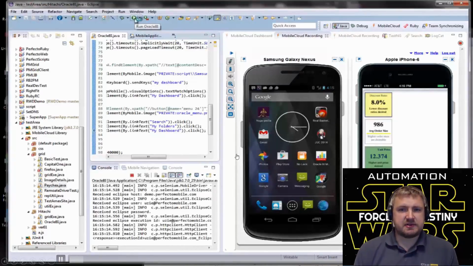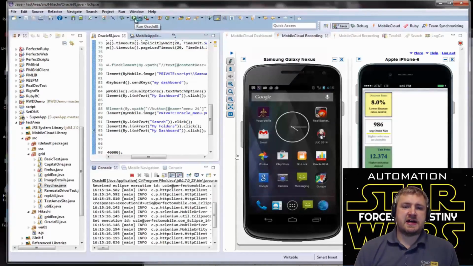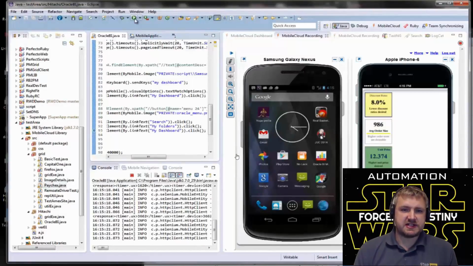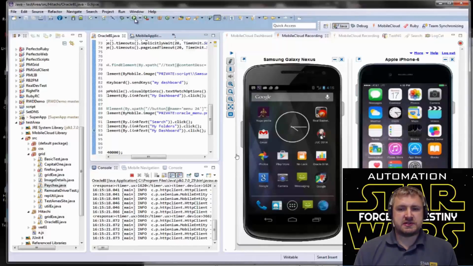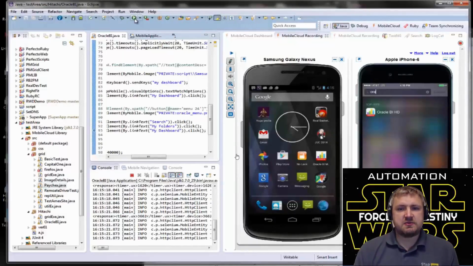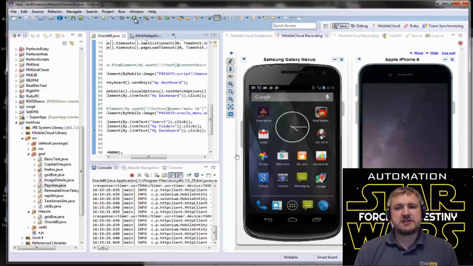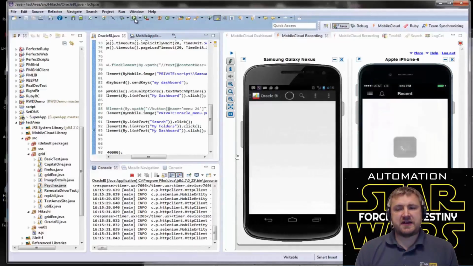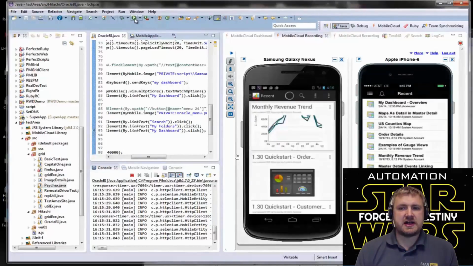Here's a simple example running within an Eclipse environment where you'd be running against a number of different devices. What's useful to mention in here is we're running the same script against two different operating systems. So we've got Android on the left and we've got the iPhone 6 on the right hand side.